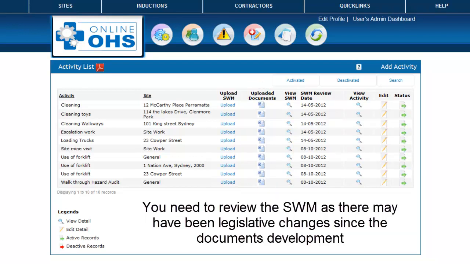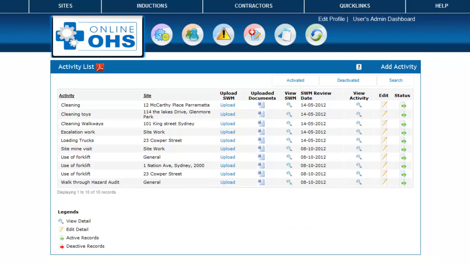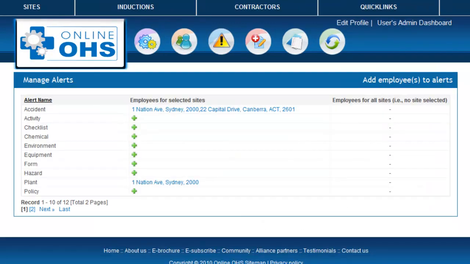This is an important alert, as there may have been legislative changes since you've developed or uploaded the safe work method. Now you may have numerous activities, therefore a good idea is to break them up into blocks over the year. So depending on how many activities there are, go to the activity register and reset the review dates to suit. After resetting the review dates, go back to the alert section and assign the person or persons who will receive and update these